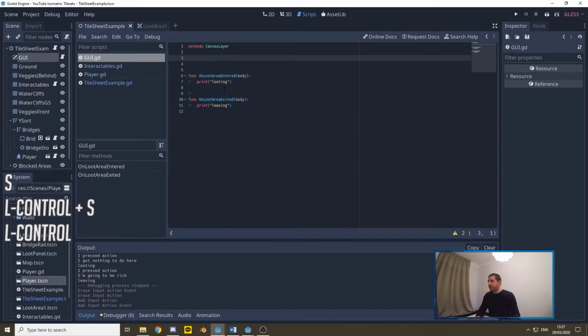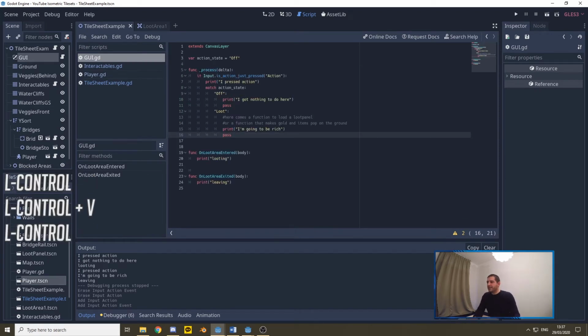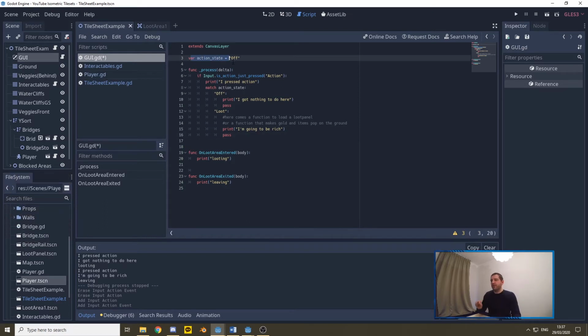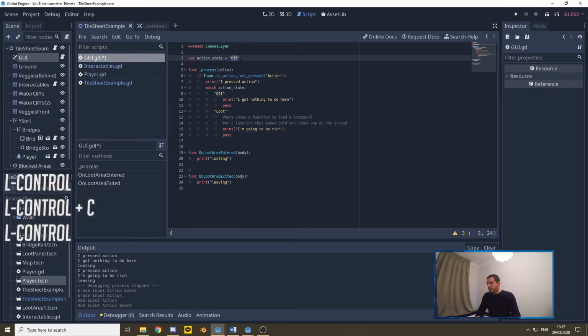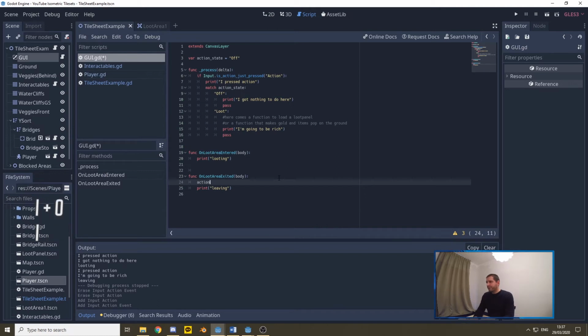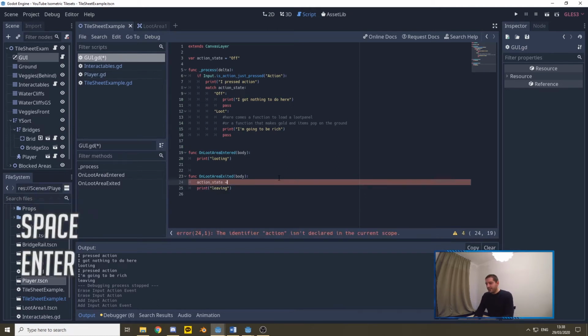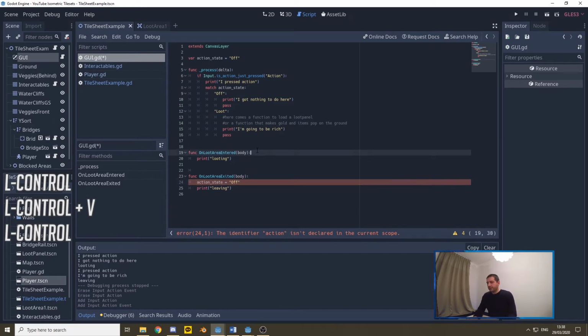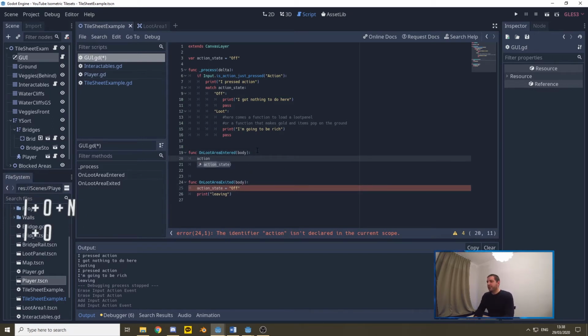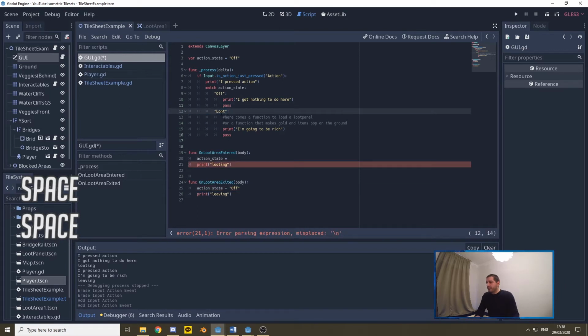I've prepared some code for us. What we're going to be doing is that at the start of the game, we create a state machine. The action state is going to be off. Now that same off, or let's copy this a little bit larger, we're going to use the moment we leave a loot area, we need that same state to also go back to off. And of course, when we enter a looting area, we want that state to be equal to